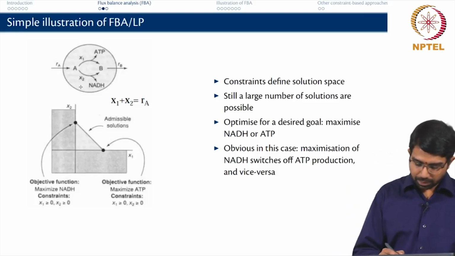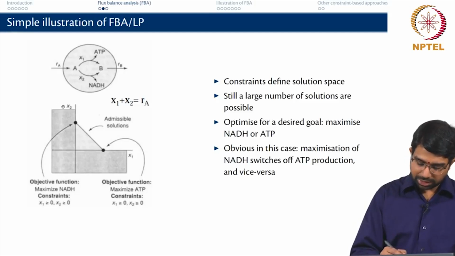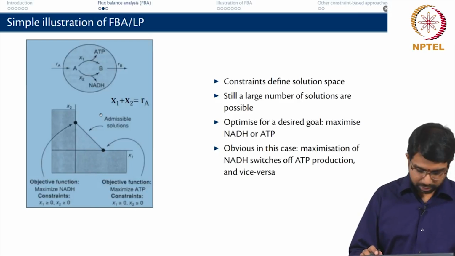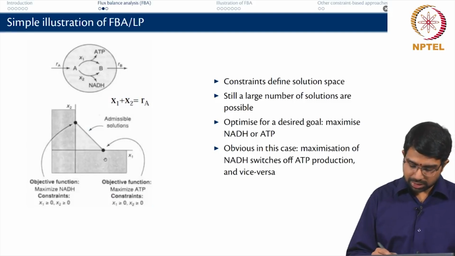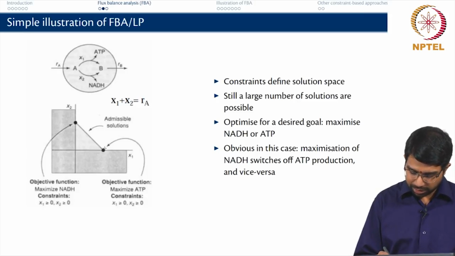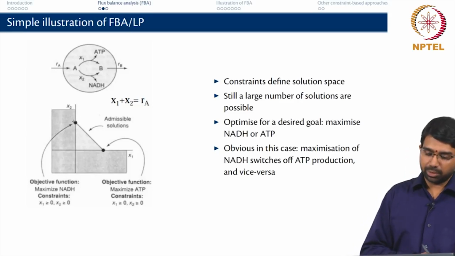So here you have constraints, I say x1 greater than 0, x2 greater than 0 and x1 plus x2 equals RA. So because of that all your solutions lie on this line. Now you can say maximize x1, which means you will get to this point x1 comma RA comma 0, or you maximize this, you will get to again RA 0 comma RA as the other point,